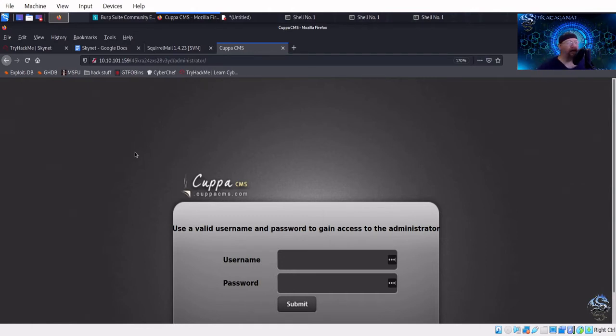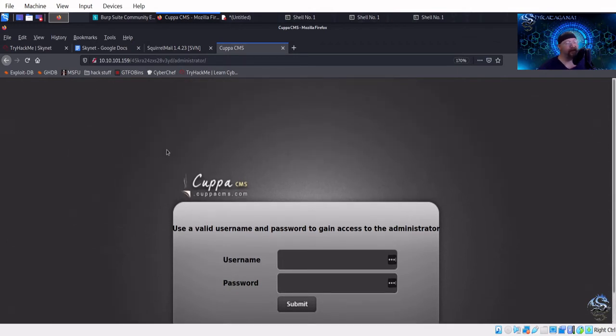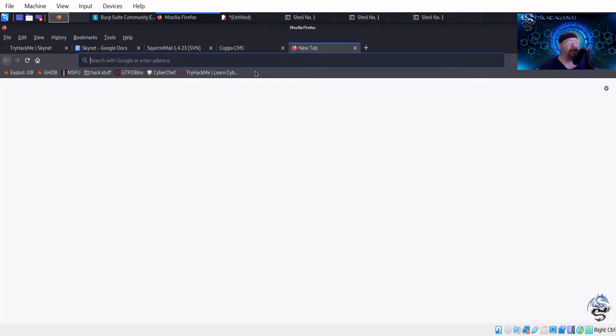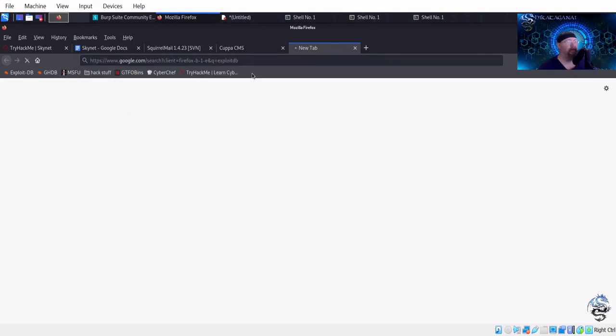And there are some online scanners that can scan this sort of thing for version numbers and all that kind of good stuff. But I don't know if there's one for Kappa. I don't know if I've ever heard of this one or not. But this is obviously a CMS that we have, and it's obviously running here. What we can do is see if there are any vulnerabilities. Now, there is a website called ExploitDB,